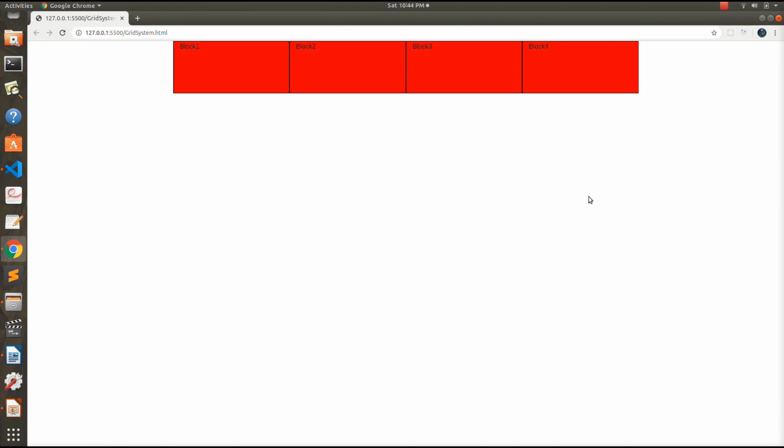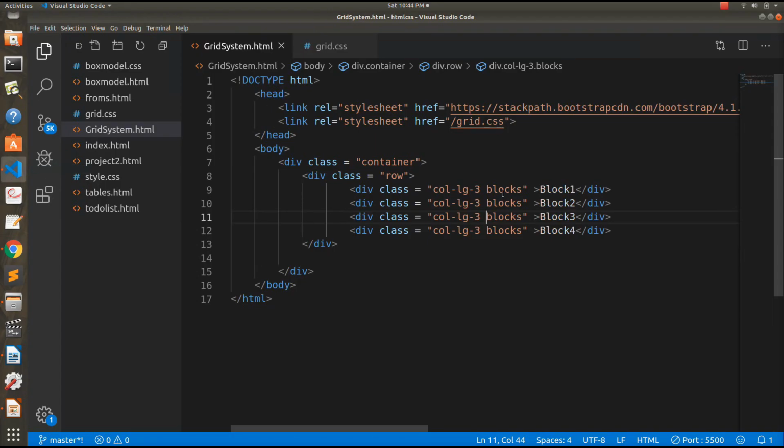So what is the logic behind this? What happens is that the whole screen is divided into 12 equal parts. You can see that in our code here we wrote column large 3, 3 here, 3 here, 3 and 3 here, which sums up to 12. So the logic is the parent layout. Remember, I am saying parent layout, not the body. The parent layout is divided into 12 equal parts when we give them a class of row, so it's your choice how many parts you want to divide it into.